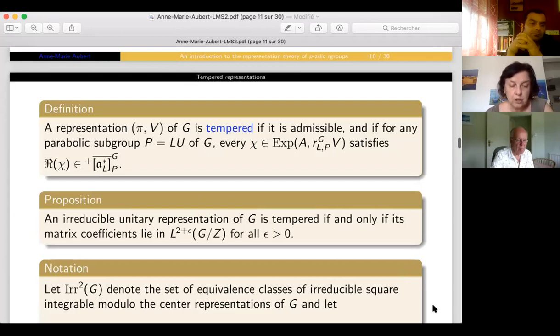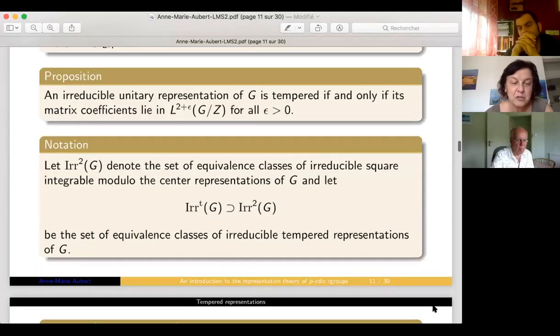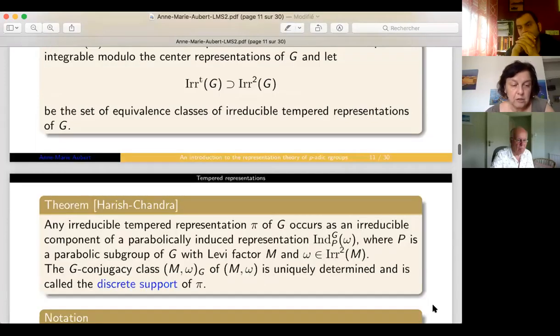So by my definition, tempered representations are a purely generalization of square integrable mod center representations. I will denote by Er² the square integrable mod center representations and Er-T the tempered ones. A result of Alexandra is the following theorem: any irreducible tempered representation of G occurs as an irreducible component of a parabolically induced representation